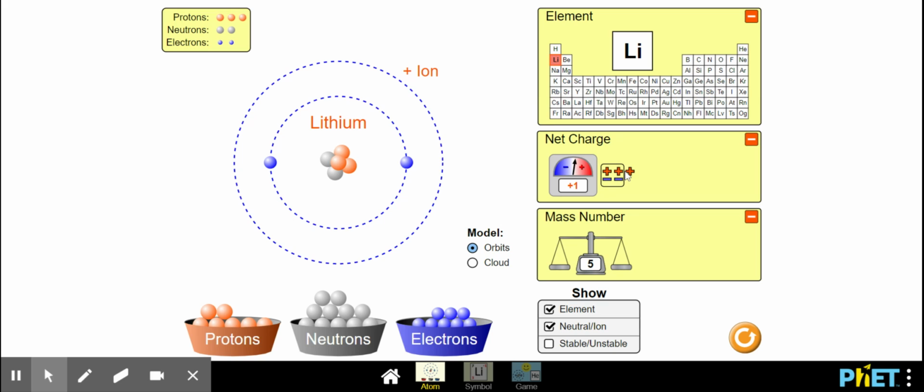We now have one more proton than electron, so we have a net charge of +1, and the mass number went up by 1. Add another electron. After the first two, the electrons are going to go into that outer ring. Let's add some more electrons and see what happens. Apparently, we can only fit 2 electrons into that first ring. Now we've made a hugely negative thing. Add some more protons. Now there's one more